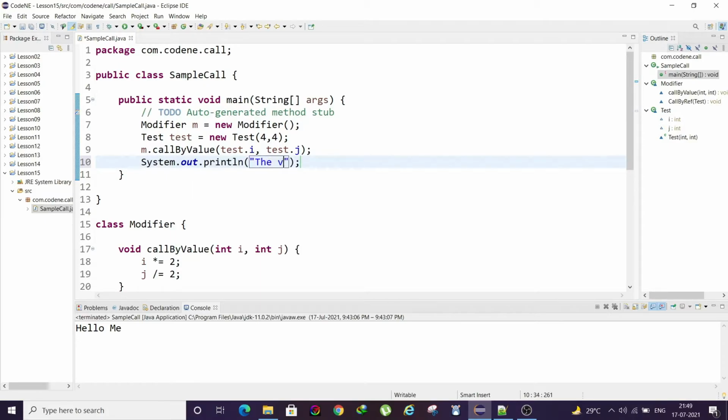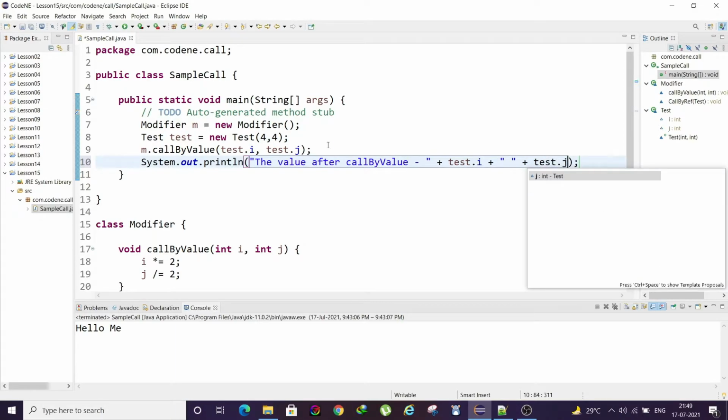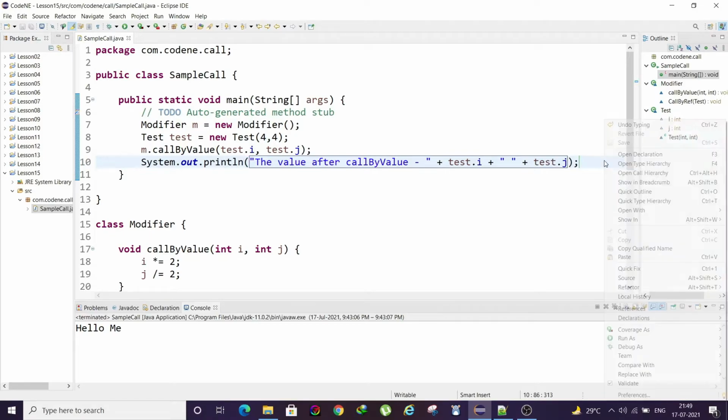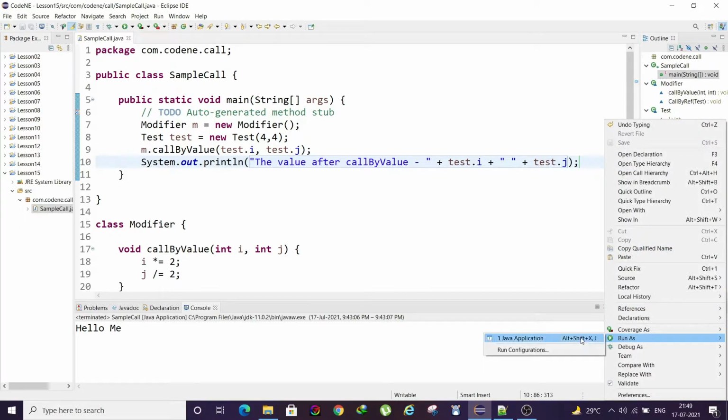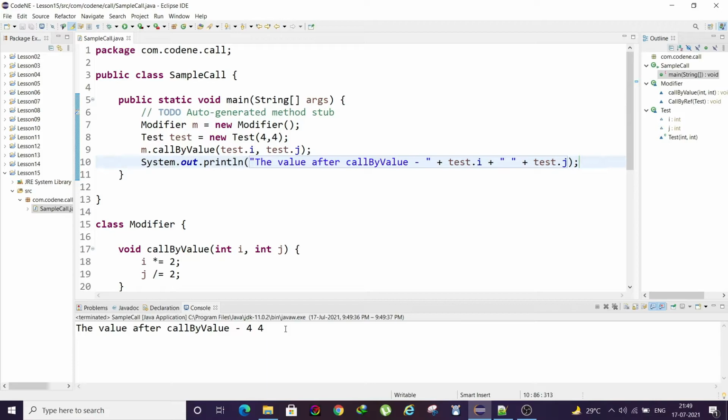The value after call by value will be test.i, space, and then test.j. Let's run it. So what do we see? We see that the value is still 4. The values are not changed.